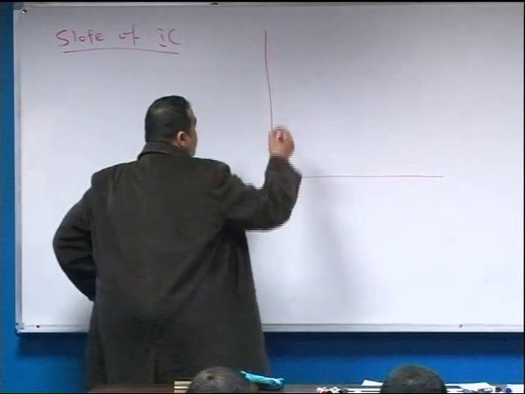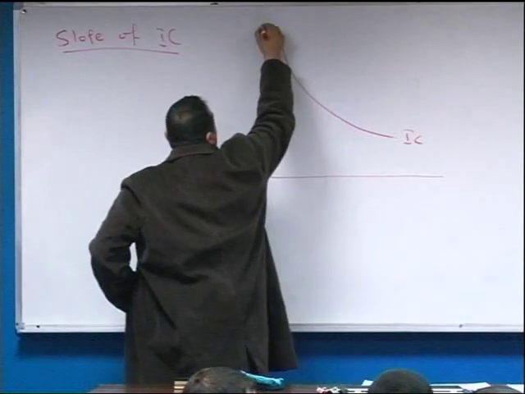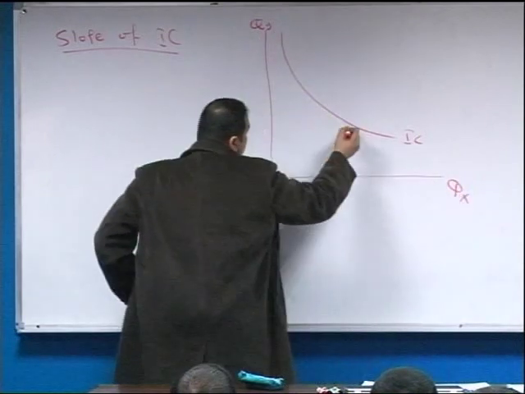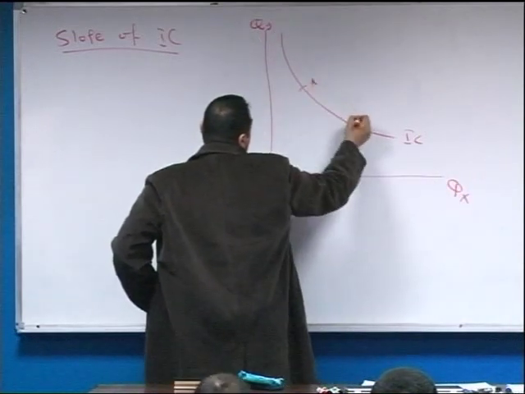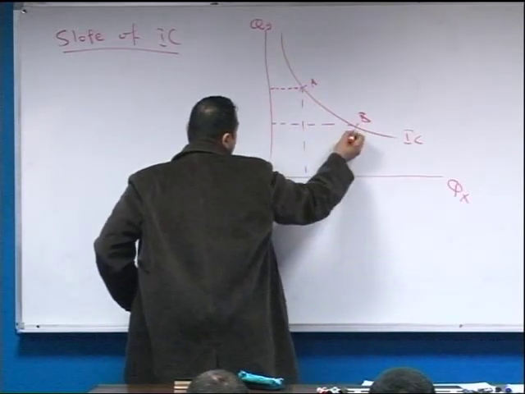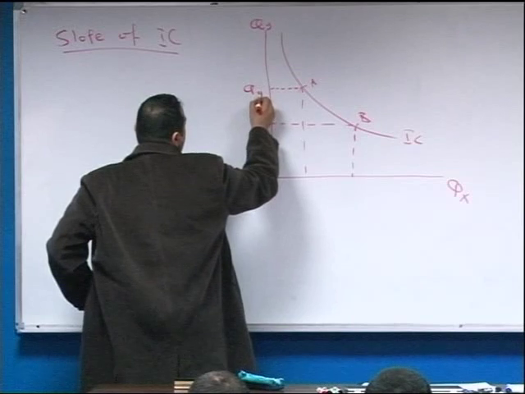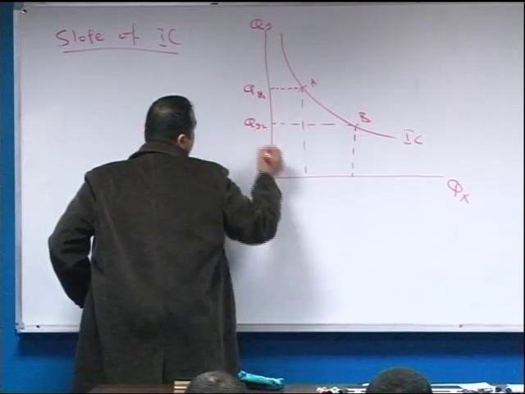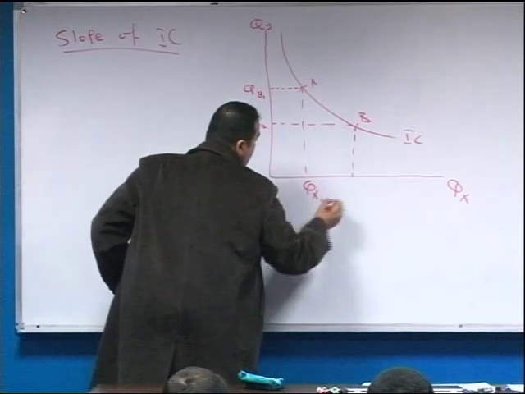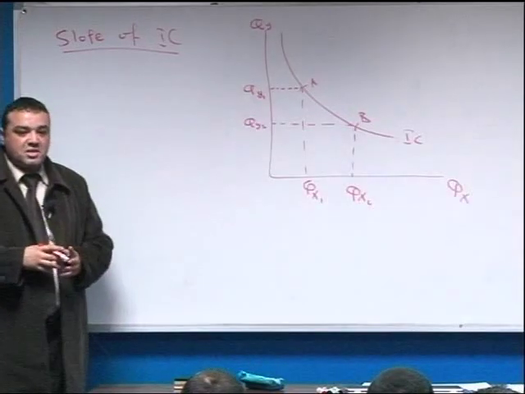Suppose this is the indifference curve, IC, QY, QX, points A and B, QY1, QY2, then QX1, QX2. To calculate the slope of indifference curve,